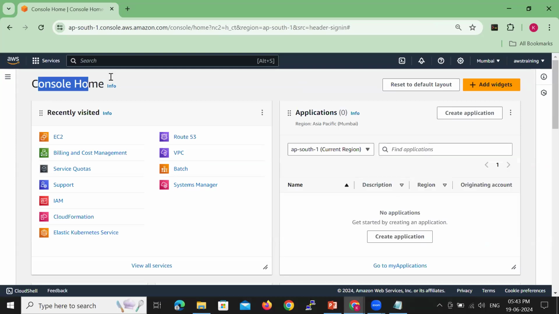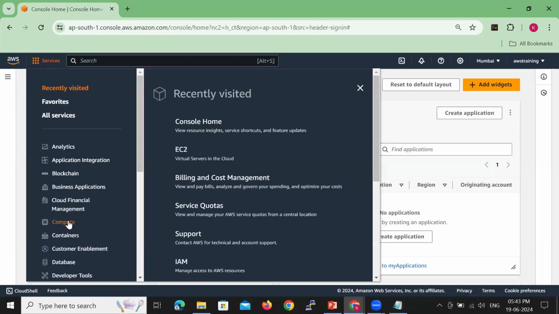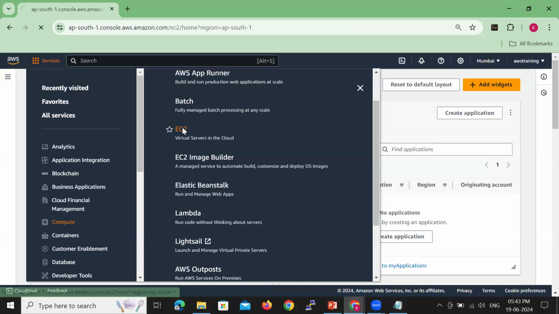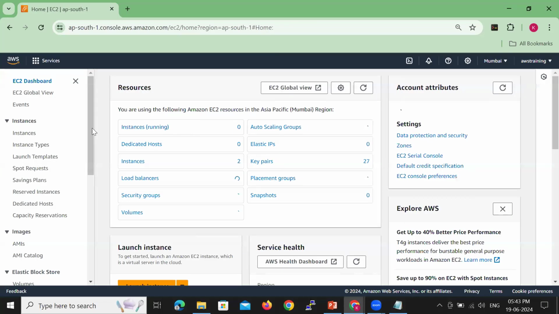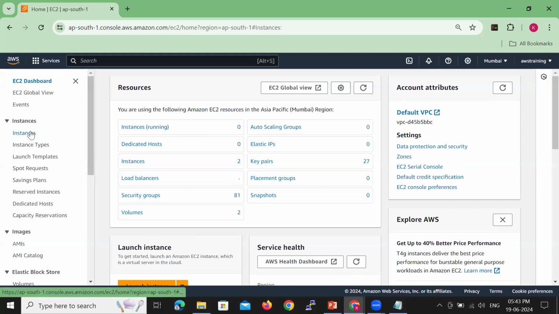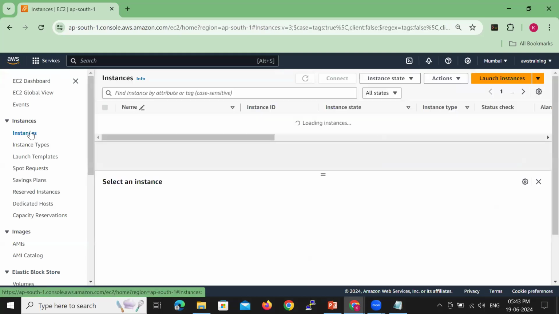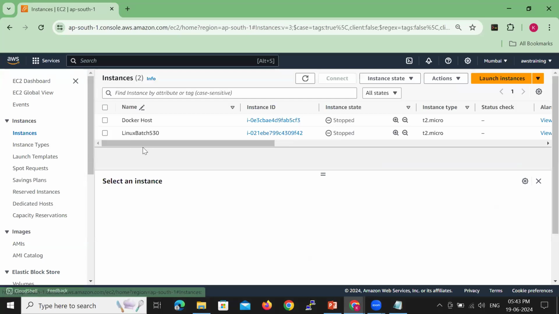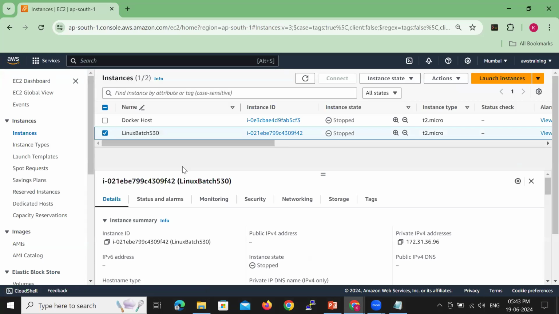This is the home page of the AWS Cloud Platform. To connect to the Linux machine, we used a service called EC2 under Services, in the Compute section. Go to Instances. This is the machine which we have created, Linux batch 530, and its status is stopped. Please start the machine.